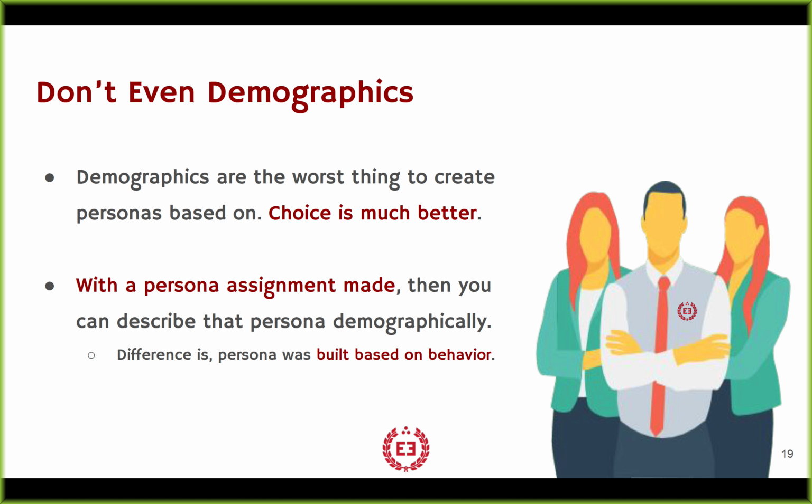Choice is where you create the personas. And here's the key distinction. You make the personas based on choice, and then you look at their demographics, and there will be some predictable patterns, just like there's predictable patterns about any of the other dimensions you want to look at. The difference is that the persona was built around how they're making choices, and then you looked at correlations to demographics for the purposes of targeting. But it's not because of their demographic that you're after them. It's because of the choices, the predictable choices that you can get from their behavior.